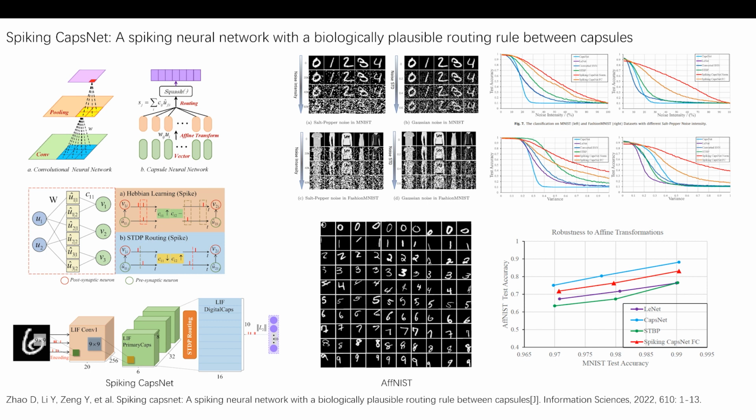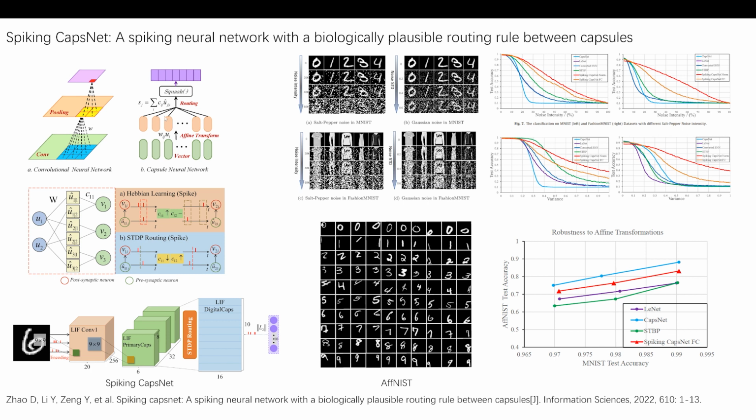Spiking neural networks, considered the third-generation artificial neural network, use discrete spikes to transfer information, which is more biologically plausible and more energy efficient. We introduce the capsule structure in the spiking neural network so as to take full advantage of the spatial and temporal characteristics. There are two main differences between the capsule neural network and the convolutional neural network, as shown in